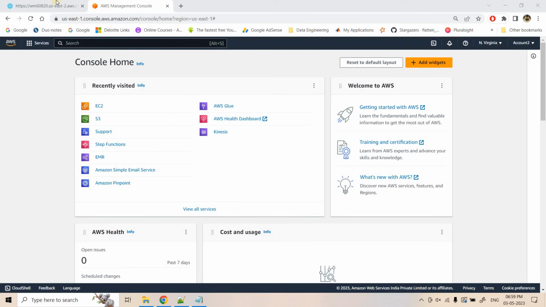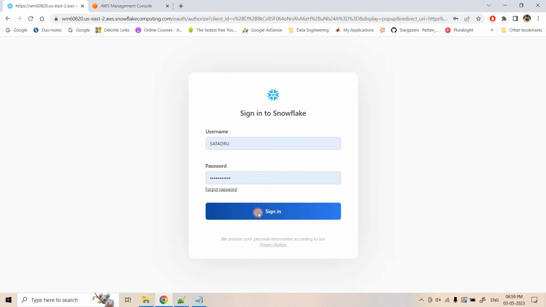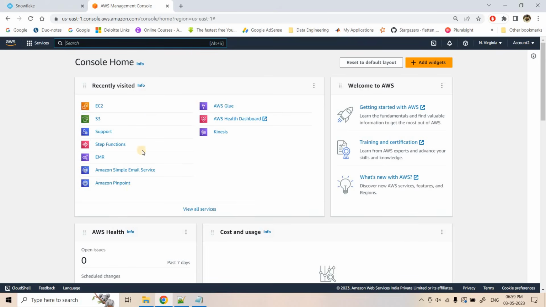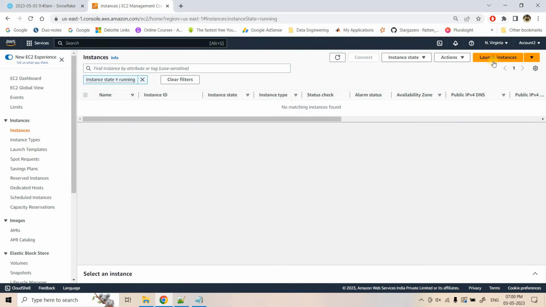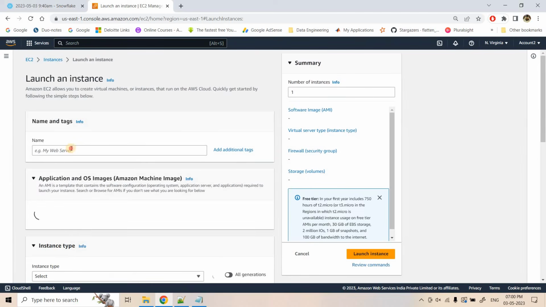Okay. So without any further delay, first I will log in to my Snowflake account, and here I have opened my AWS management console also. So here first I will launch an EC2 instance. And in that EC2 instance, I am going to install Airflow and we are going to schedule our job using it. Okay, right? So here I will go to EC2 and then to instances and then launch instance,